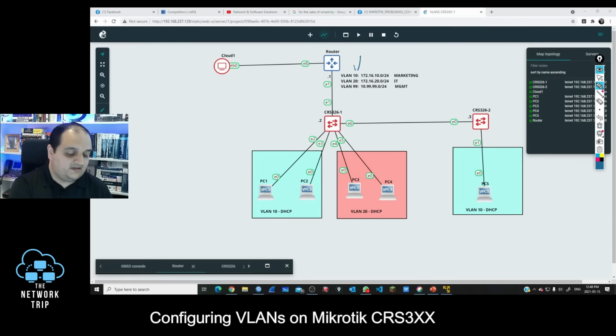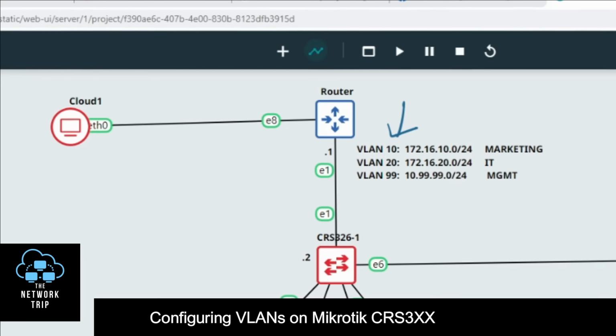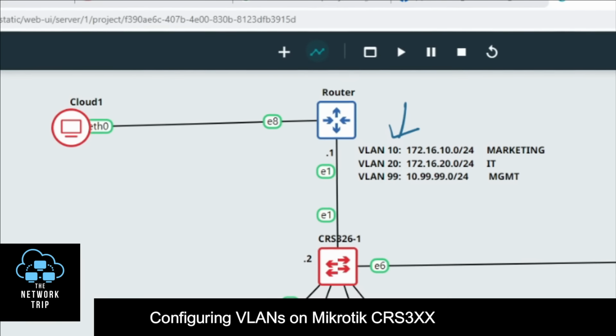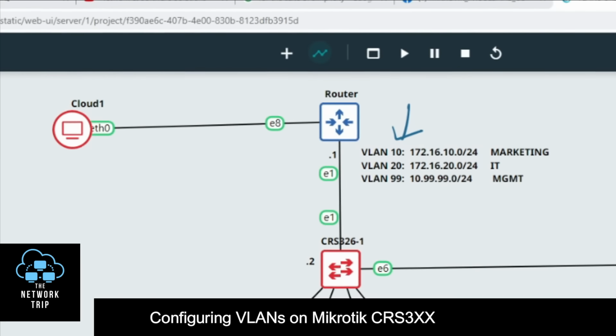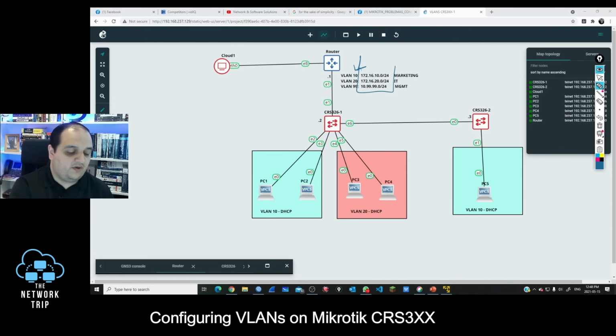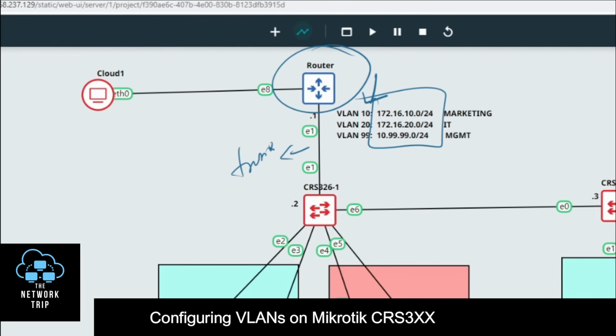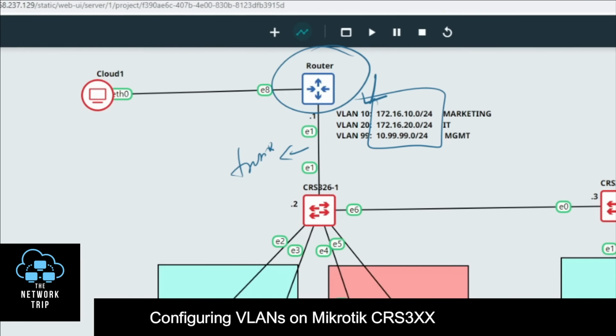As you can see there, VLAN 10 is intended for the marketing department. We have VLAN 20 for IT, and we have one management VLAN, VLAN 99. Here we have all the subnets that are assigned to each VLAN. This here will be a trunk link. Basically, all the inter-VLAN routing will be managed on the router, and then that trunk link will be sending the traffic to this switch below,